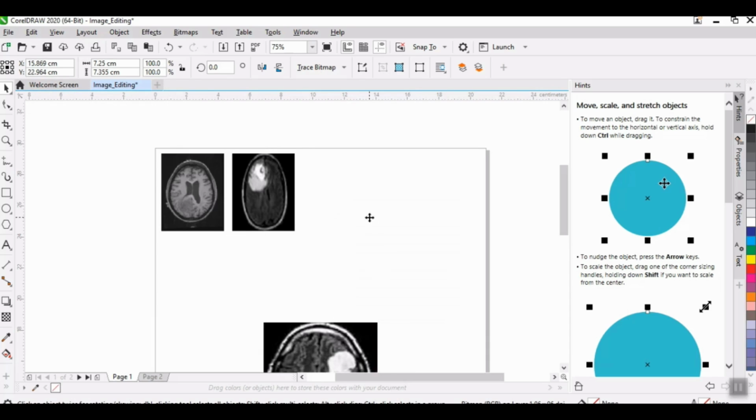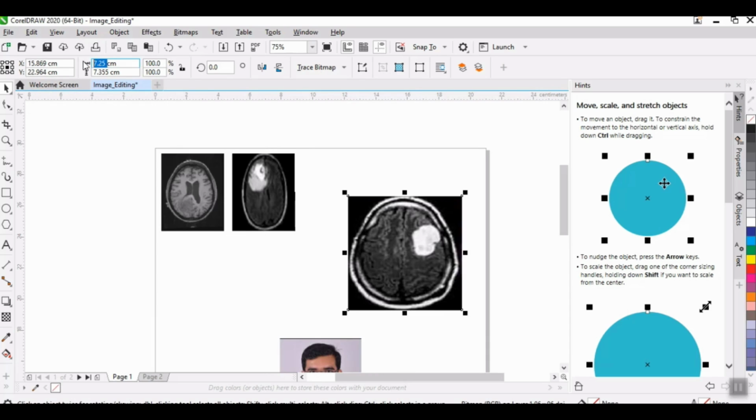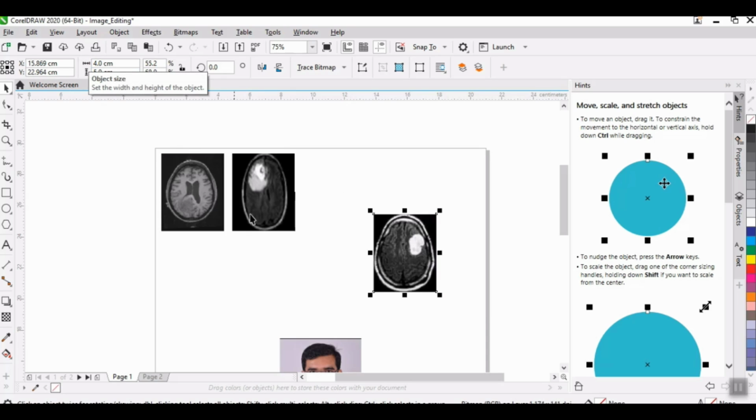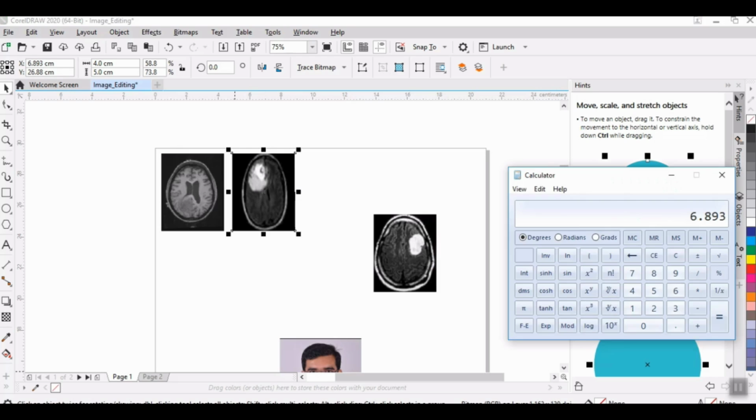Taking this image, convert it first to 4 by 5 centimeters. Now what is the position of this? 6.893. So let's take 6.893 plus 4 centimeters, the width of this image, plus the spacing, 0.5 centimeter.